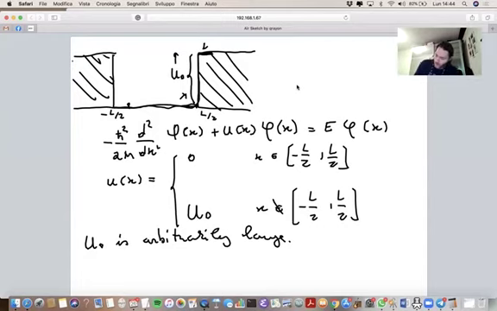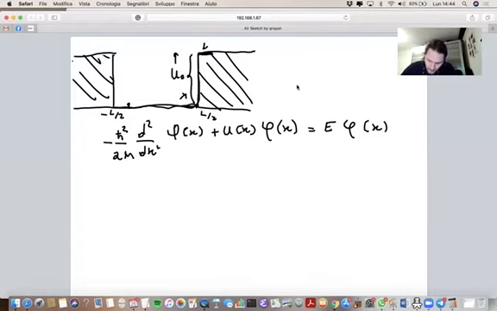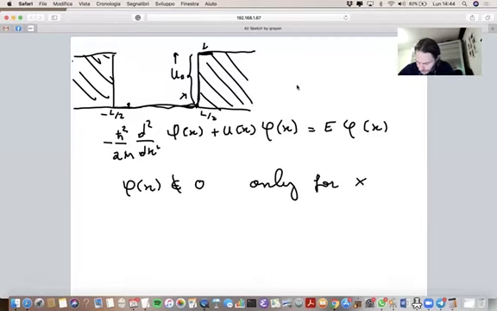So what we said is that rather than dealing with this problem, which is mathematically complicated, we tackled a physically equivalent problem, which was phi of x is different from 0 only for x in